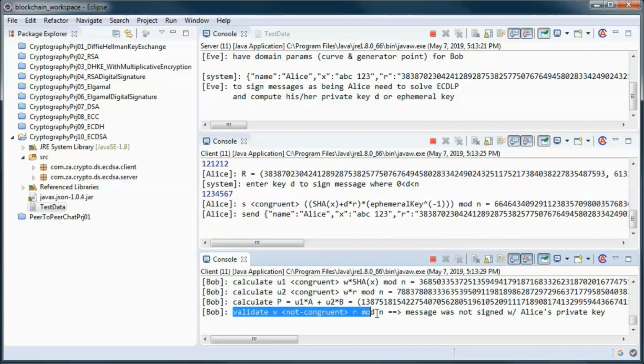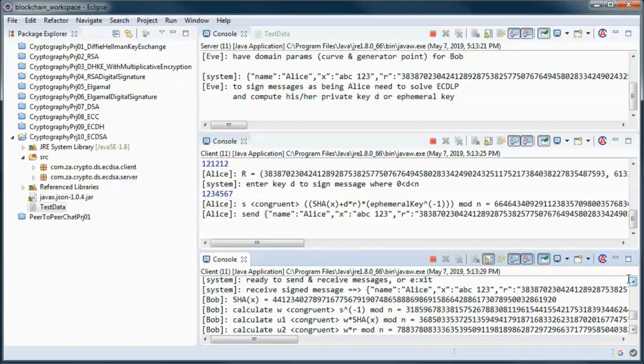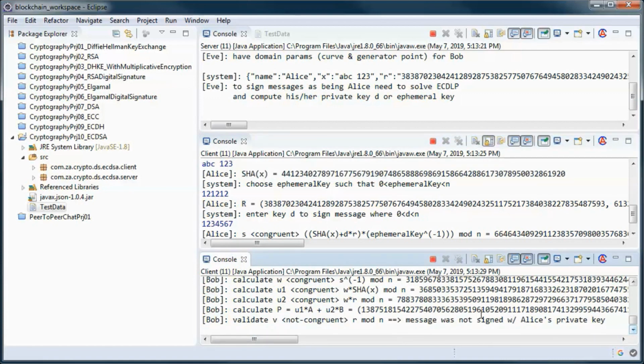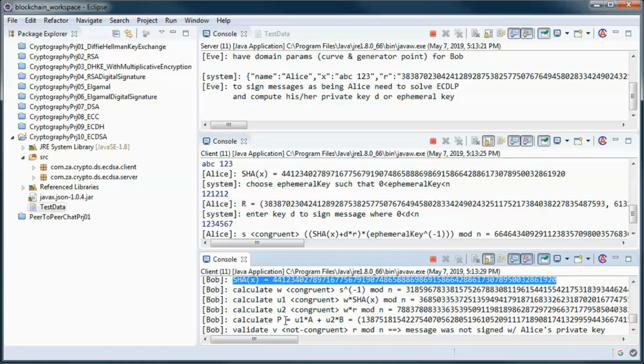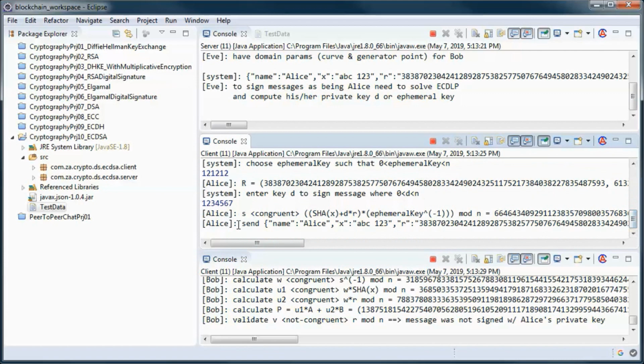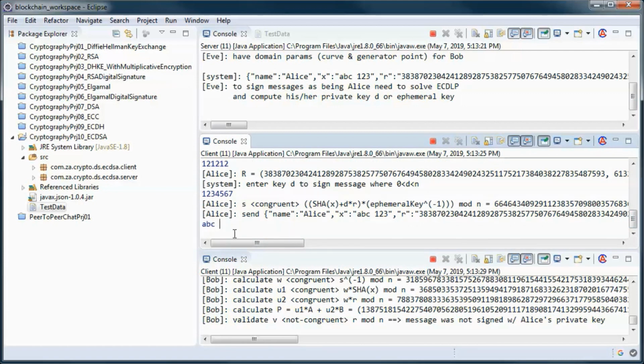So Bob realized that the message was not signed with Alice's private key, so he calculates the hash, and this is the same as the hash for Alice. And then he calculates W, U1, U2, and the point P, and he checks if V is congruent to R mod N.